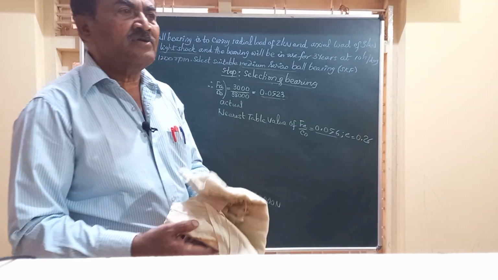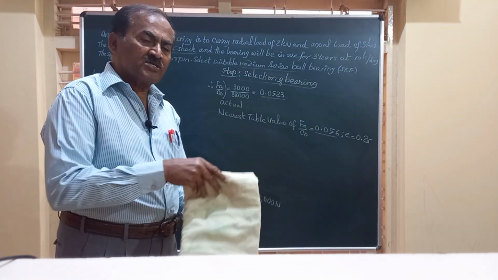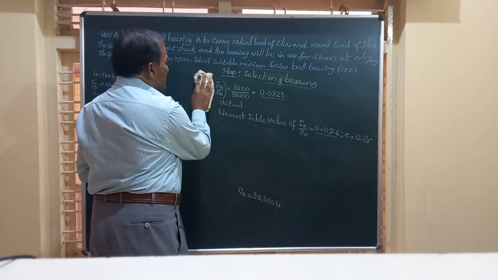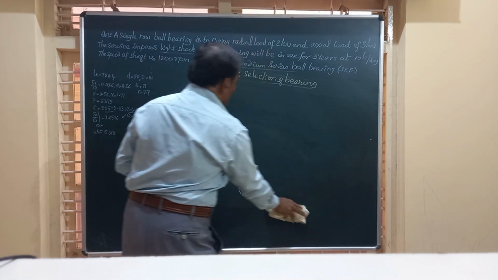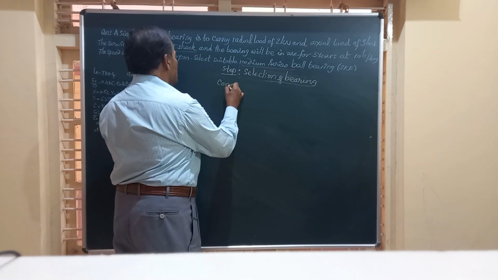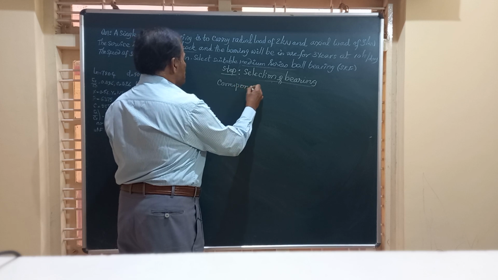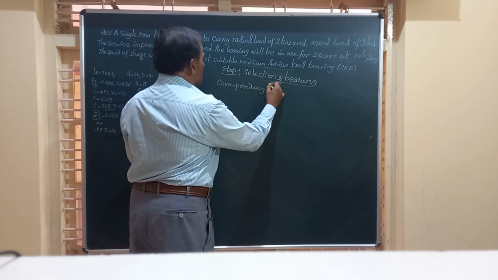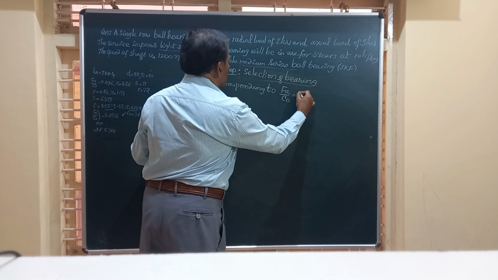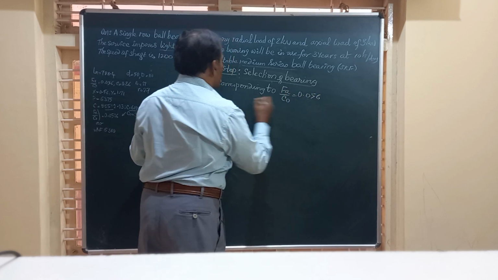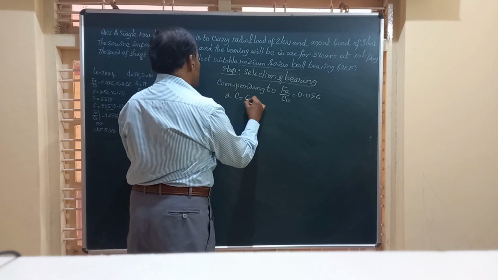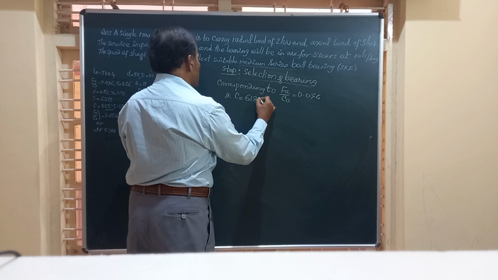And hence, we can certainly select this particular bearing, and corresponding to this value of FA over C naught equal to 0.056 and the value of C equal to 61850 Newton,